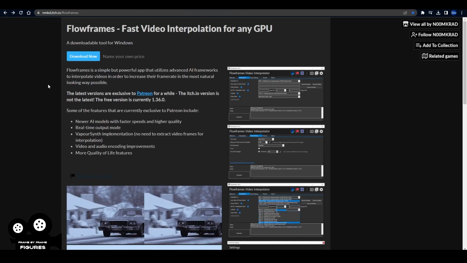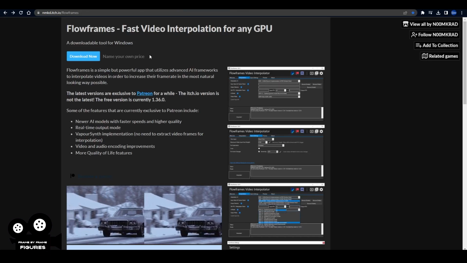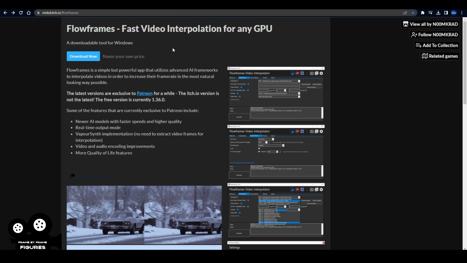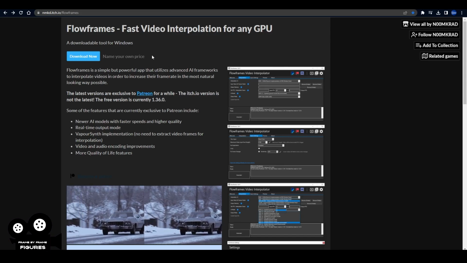All right, guys. So the first thing you want to do is go to this page here. I'll leave the link in the description, of course. This is where you can download Flowframes. It is made by a guy called Noomcrad. The free version is currently